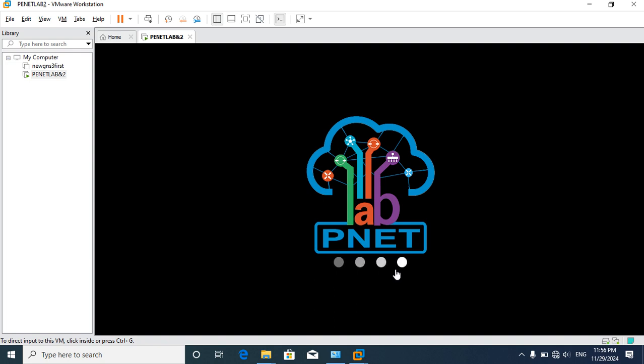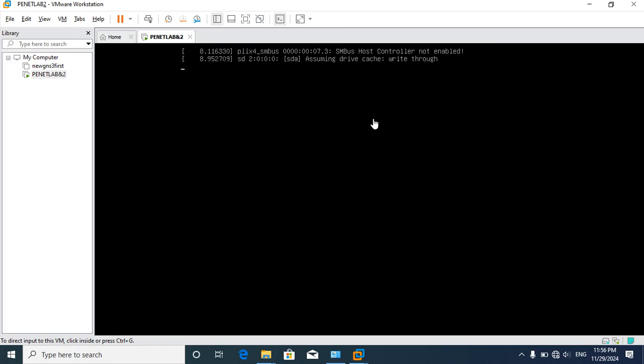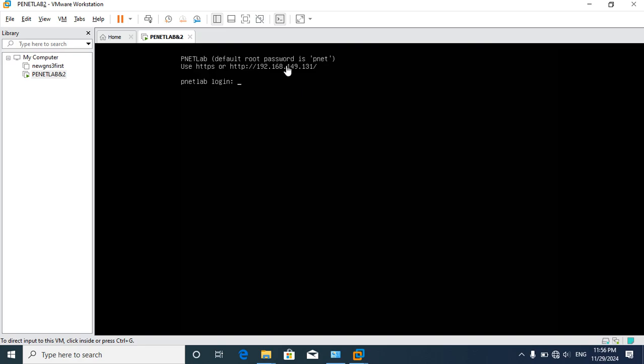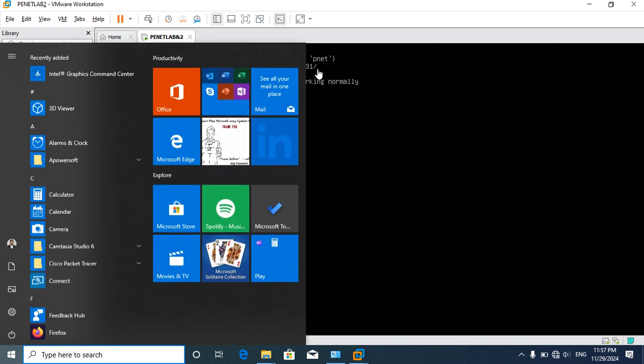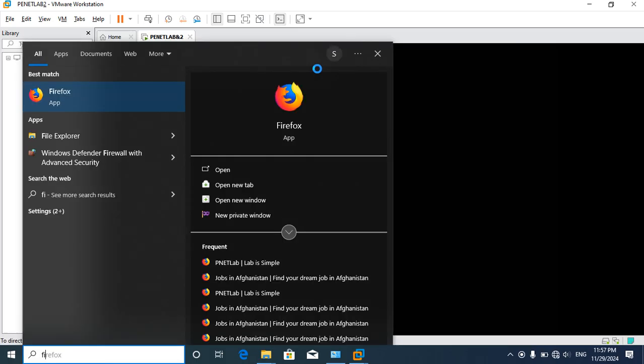After the starting, yeah, you can see it. Inshallah, it will give us the IP. You can see that I get the IP from the adapter, from the network, from NAT. Now my IP is 192.168.149.131. Now I want to open Firefox and enter this IP,